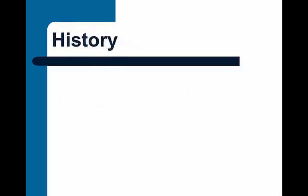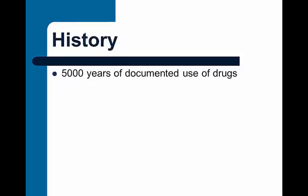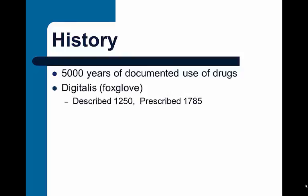How long has this been going on? Well, probably since the first time that somebody recognized that eating the wrong plant would make you sick, but there have been at least 5,000 years of documented use of drugs. Digitalis, however, was the first drug that was ever actually prescribed to treat the disease, specifically congestive heart failure, called